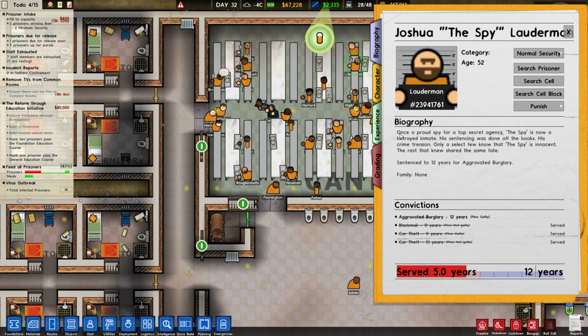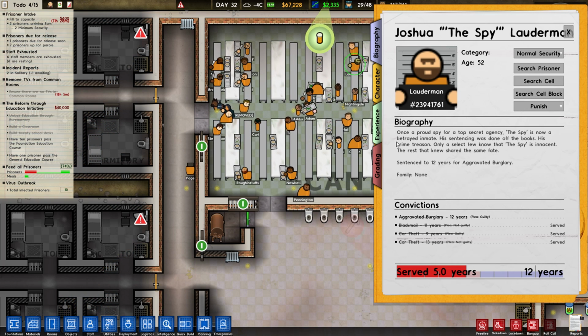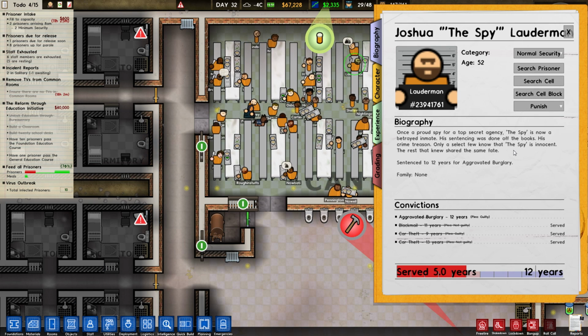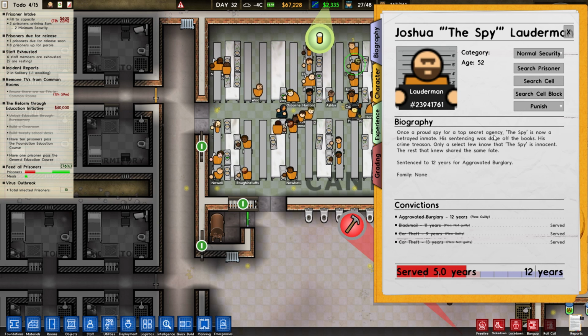Once a proud spy for a top-secret agency, the spy is now a betrayed inmate. His sentencing was done off the books. His crime treason. Only a select few know that the spy is innocent. The rest...